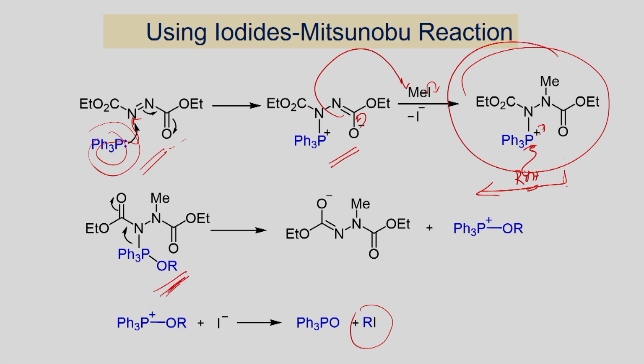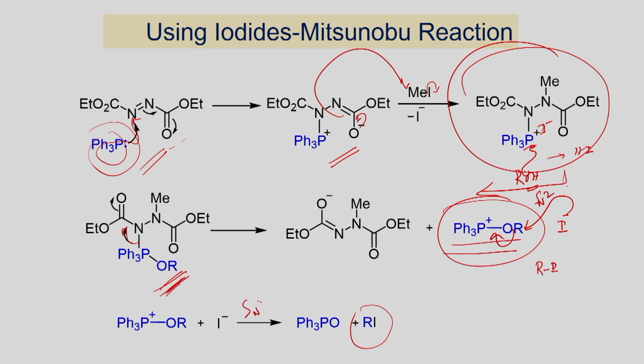Once you have, for example, the counter ion, it can be converted into this intermediate. Once you form this one, it can rearrange as shown here. It can go here, and you will be able to form this intermediate. Once you have this one, as we have just seen, the iodide can now undergo reaction here. Then it can give the alkyl iodide via the SN2 pathway